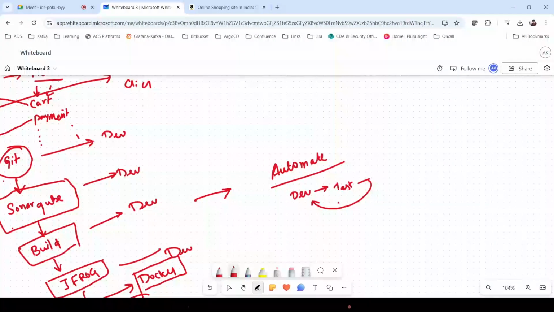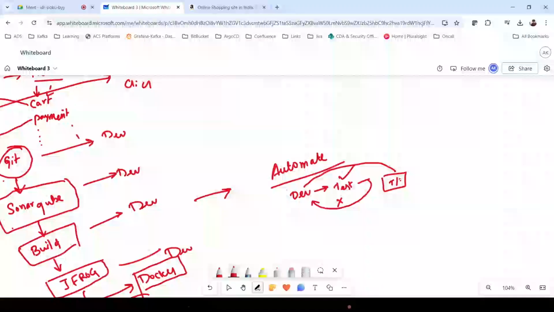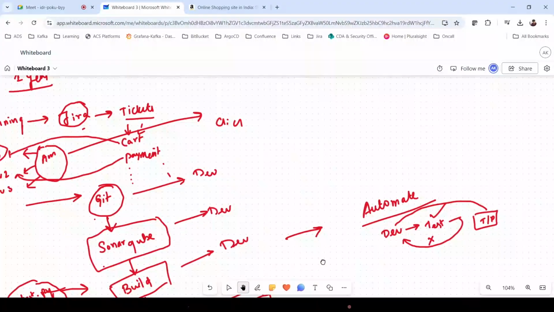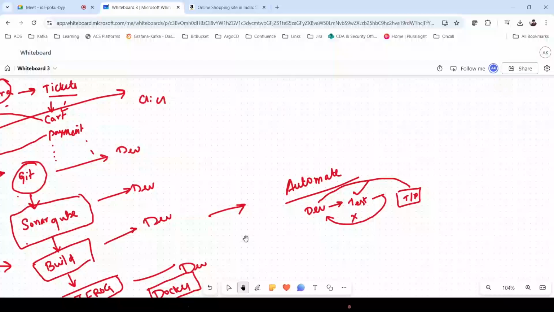In case it has some issues, it will inform the dev team, or in case it is a success and has passed, then it will go into the test or prod environment, based on how we defined the infra. So this is what the DevOps team actually does.